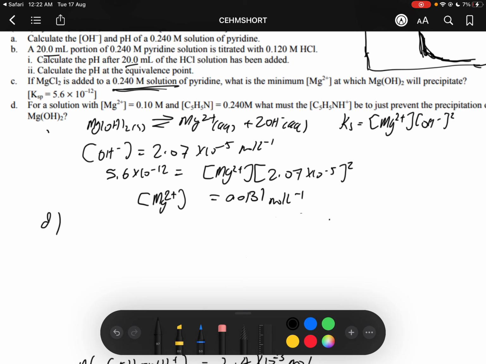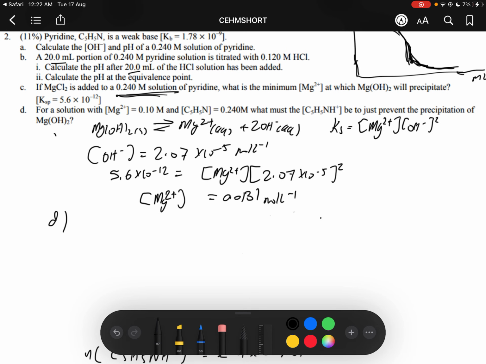In this case we have both the base and the conjugate acid. Since both exist in the same solution, this will form a buffer solution, and the pH of the buffer, and hence the concentration of OH- ions, will depend on the relative ratio of the conjugate acid to the conjugate base, given by the Henderson-Hasselbalch equation. Immediately we can use our Ksp expression to find the maximum OH- that can exist in order to just prevent the precipitation of